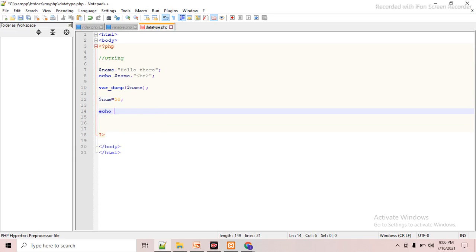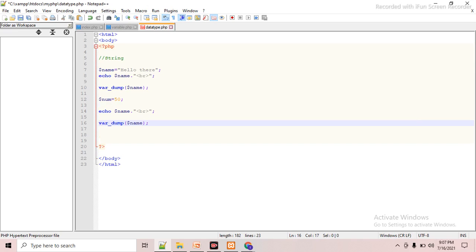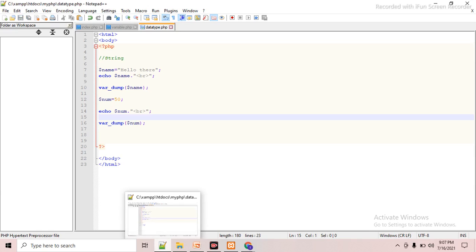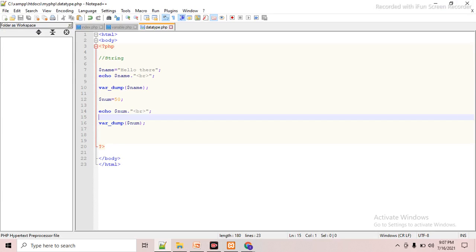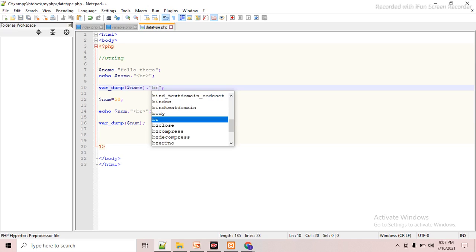So echo, just copy and paste all this. Okay, and here what we have to do, change the variable name. What we have written first, num. This also would be num, because we are looking for the num variable here. Go to the Chrome browser and refresh it. Now we have to put a br tag also here. So give it a break, br, save it. Okay,